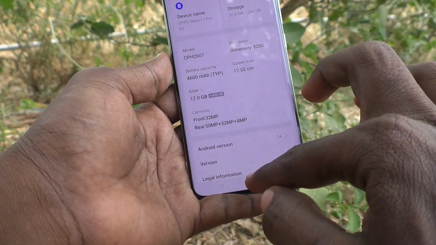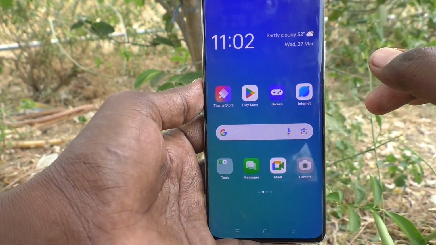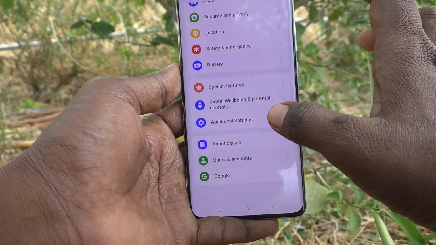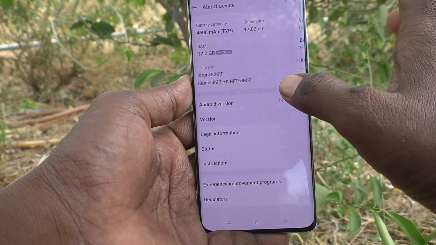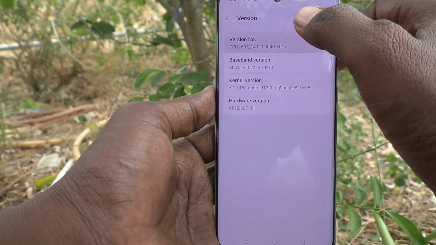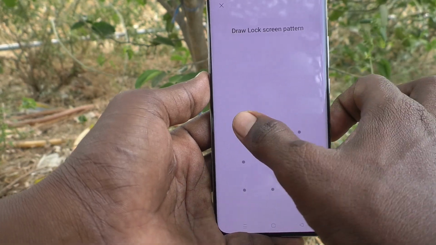Suppose if you would like to use other method to check how much RAM your phone has, just go to the settings of your phone here, then go to about phone and go to here version and click on version number 7 times. 1 2 3 4 5 6 7, and it will ask you to enter your pattern